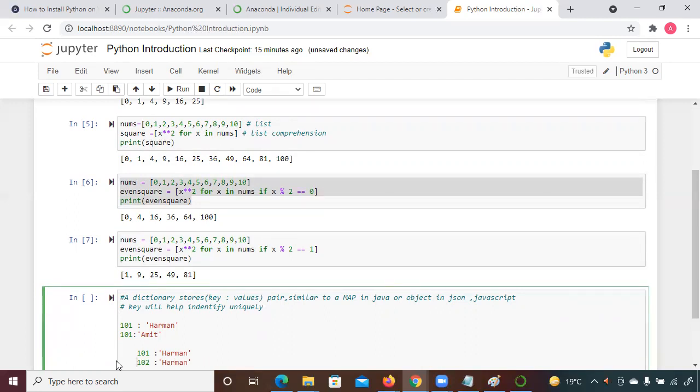Yes. Correct. Because based on the dictionary concept, the key should be unique, because the key identifies the whole row. So the first part doesn't support and gives an error.